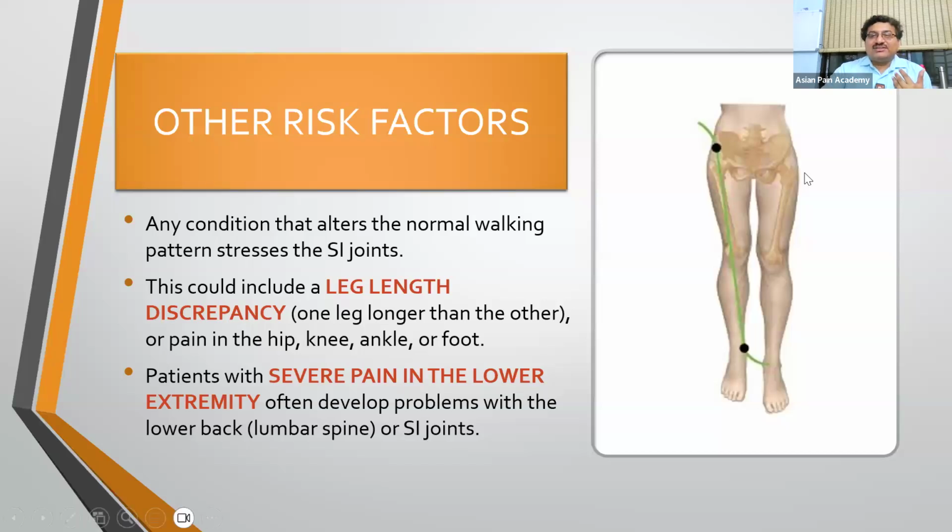Now coming to the other risk factors, they include an imbalance of pressure which might occur because of limb length discrepancy. Because of any reason, accident, or maybe congenital causes, one limb is shorter than the other, and the limb which is more active has more stress over the sacroiliac joint, causing low back pain. Similarly, if the patient has pain in one of the legs, which may restrict the movement of that leg, that can cause imbalance of the pressures,